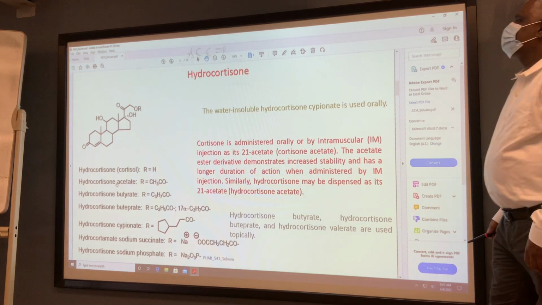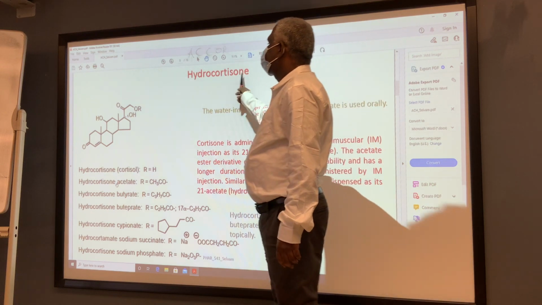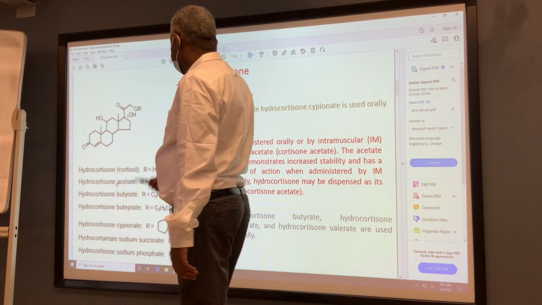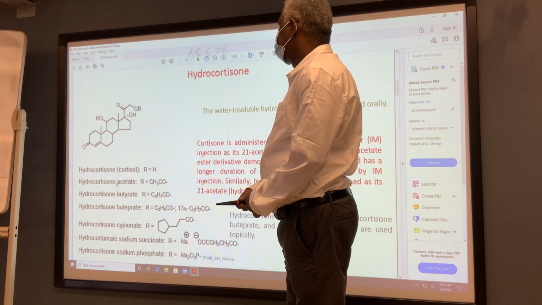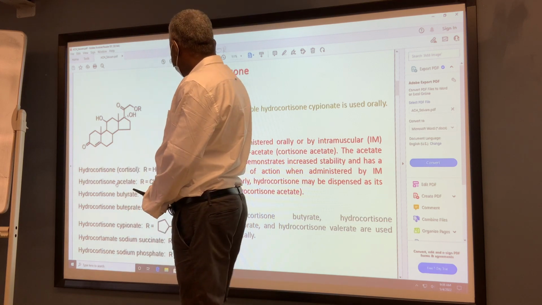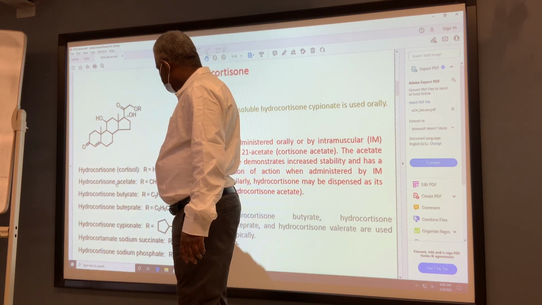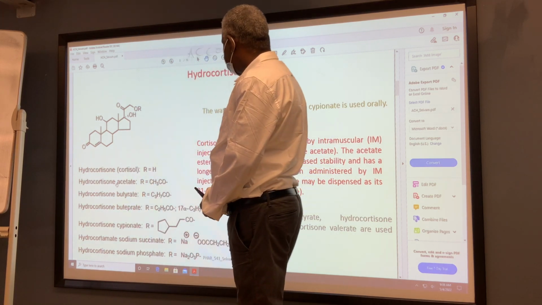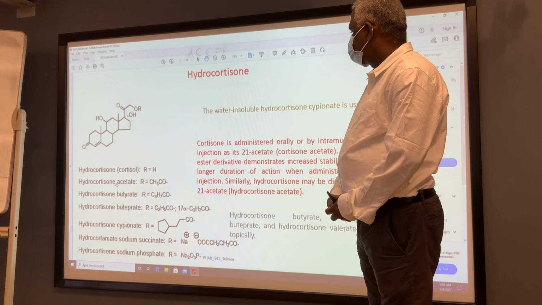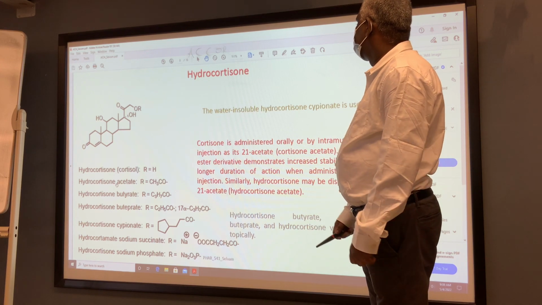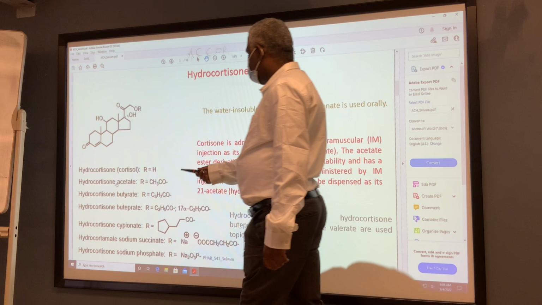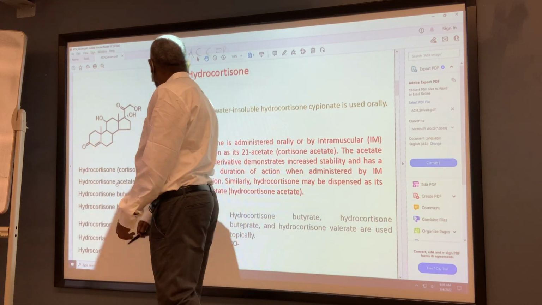So the first compound in this category is hydrocortisone. Hydrocortisone is mostly available as a prodrug. So for hydrocortisone, we have acetate, butyrate, cypionate, sodium succinate, and sodium phosphate, all prodrugs. The lipophilic analog, hydrocortisone cypionate, is